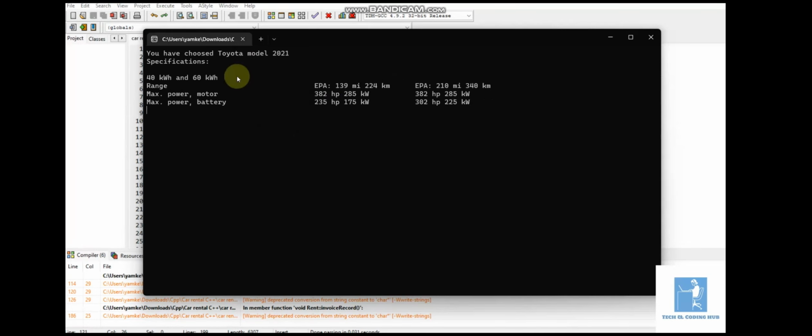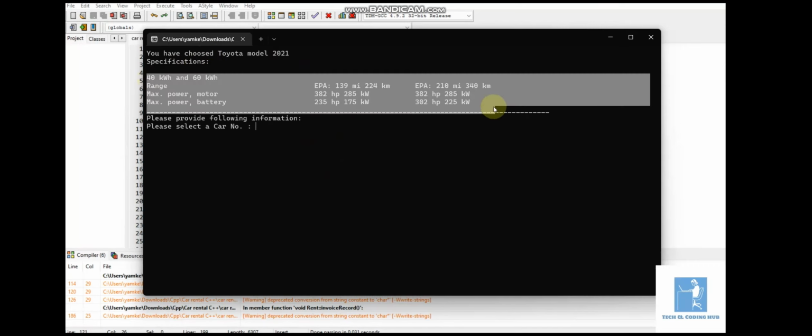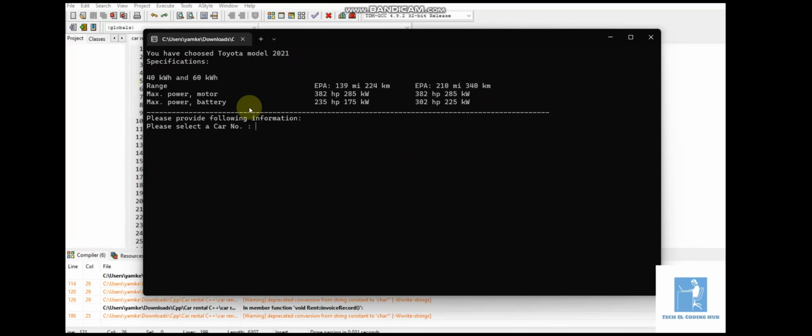So let's go for option one, a Toyota. You have chosen a Toyota model 2021. Then you get your specifications. Then you are asked to provide a car number. Let's just enter any car number, and then the number of days you wish to rent the car. Let's say you want to rent for about 3 days. Then